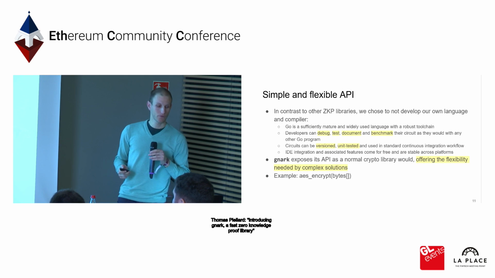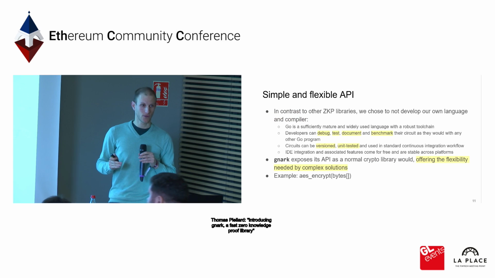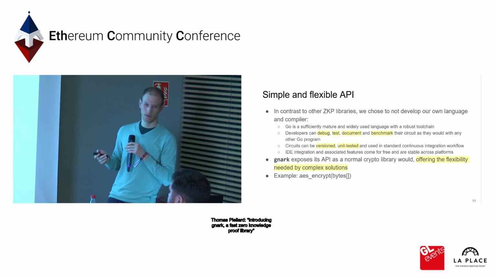Okay, so some of you might have used other zero-knowledge libraries before. And you know that one solution to build constraint systems is to actually create your own DSL, that is a subset of a programming language. We specifically chose not to do that. Instead, we have chosen to create an API